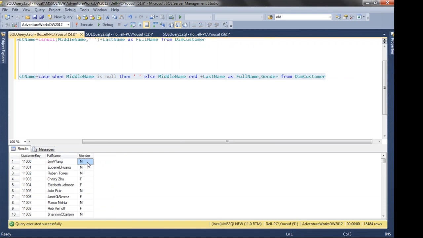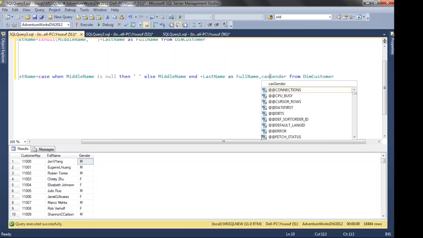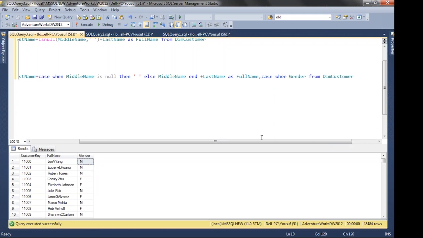You can write case when gender is M. No, see, case when gender, now we have a value, right? M or F, not null. You're not dealing with null. Whenever you're dealing with null, you have to use the IS operator, okay? Okay, I think we can write the equal symbol. Yes, exactly. You can go ahead and write equals to M. What do you want to display it as? Then